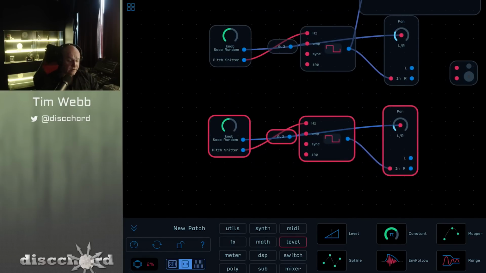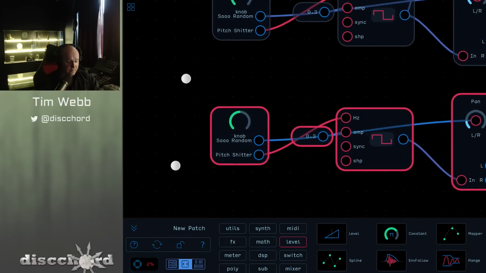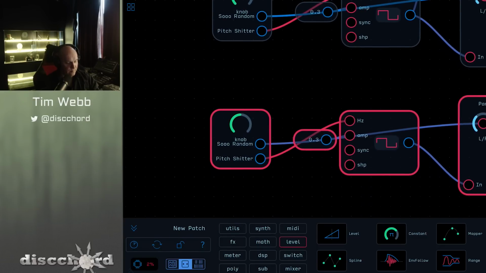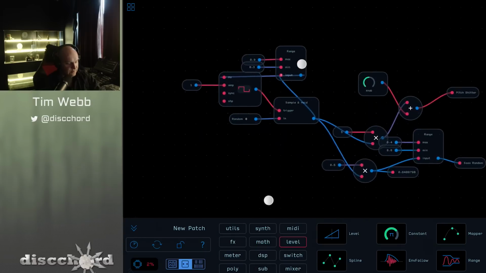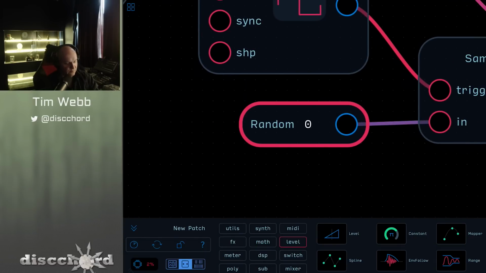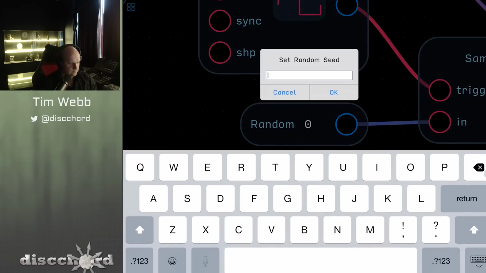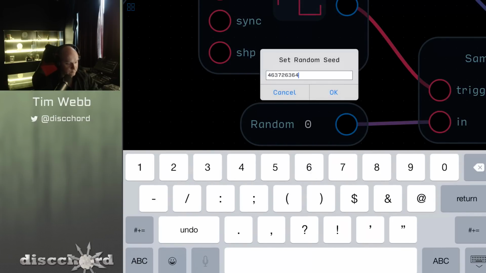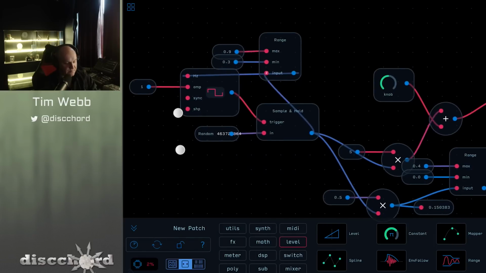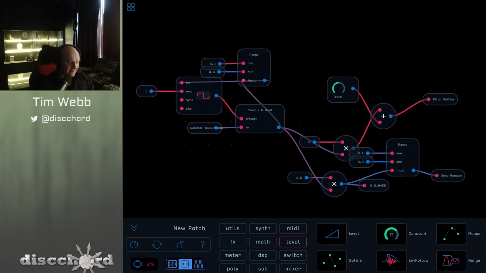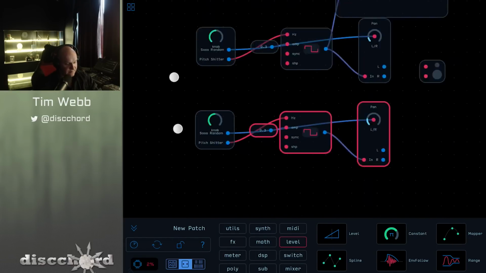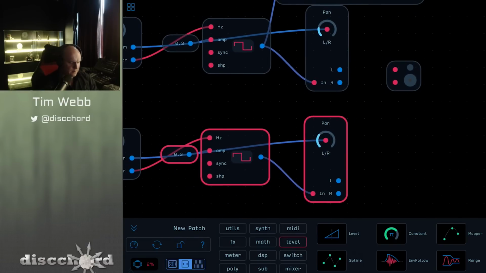So now we've got a second oscillator that's doing all the same stuff that we did before, except let's give it a different random seed. So it's going to be randoming a little differently. It's a pretty random seed. And now we should get